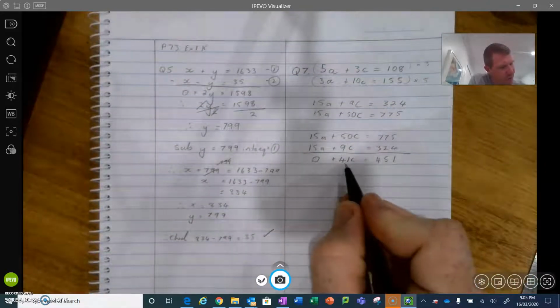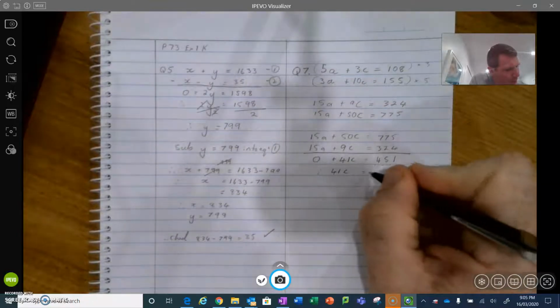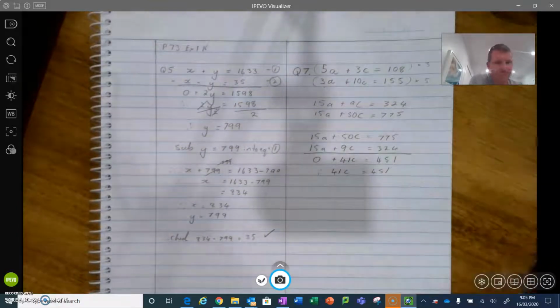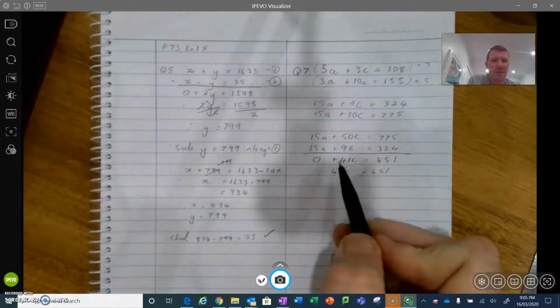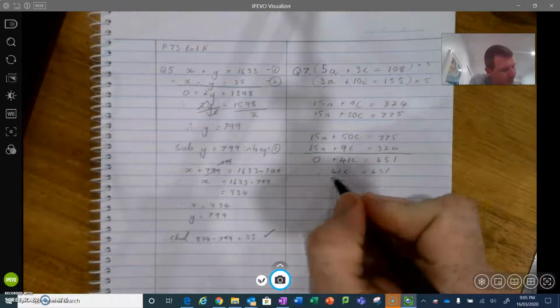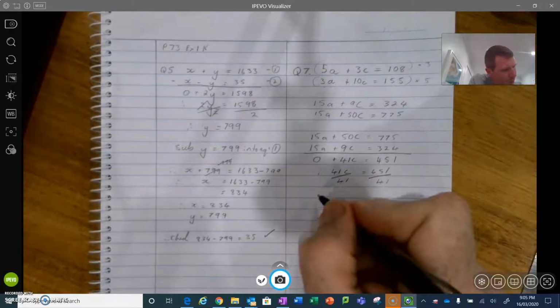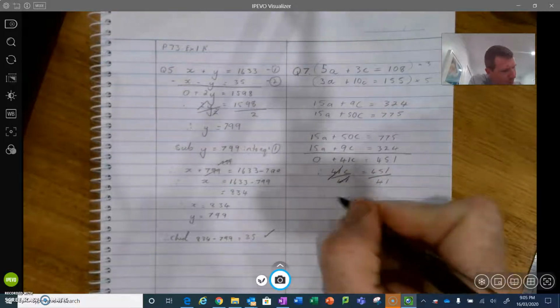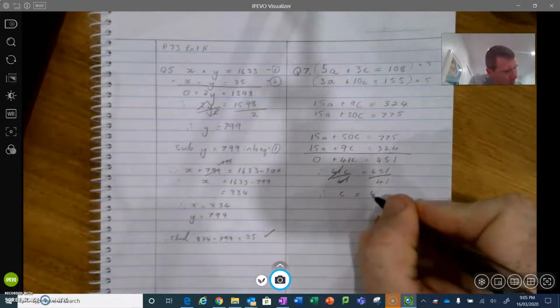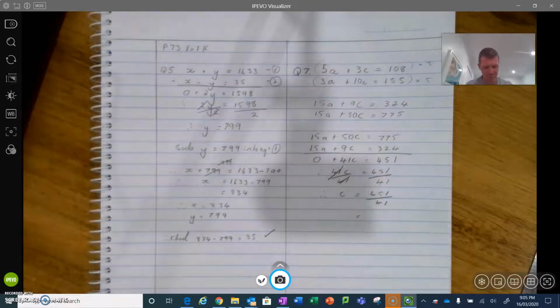So we end up with 41c equals 451. Alright, how do we work out c? 41 times c. How do I get rid of it? Divide both sides by 41. Cancel that, therefore c equals 451 divided by 41, which equals